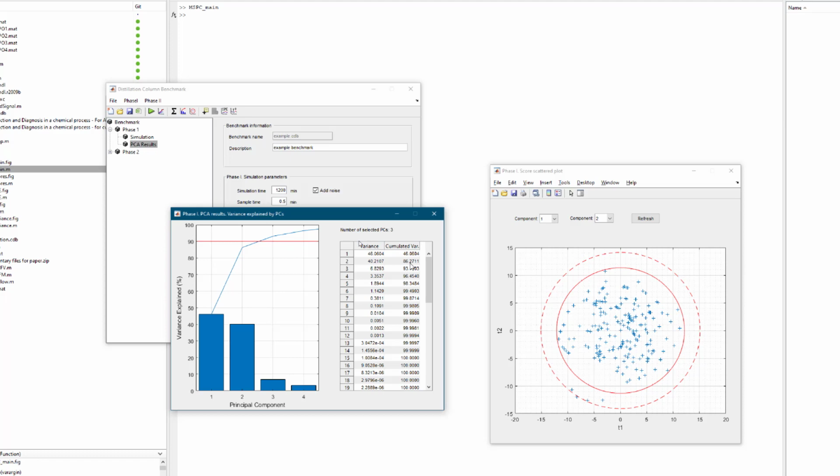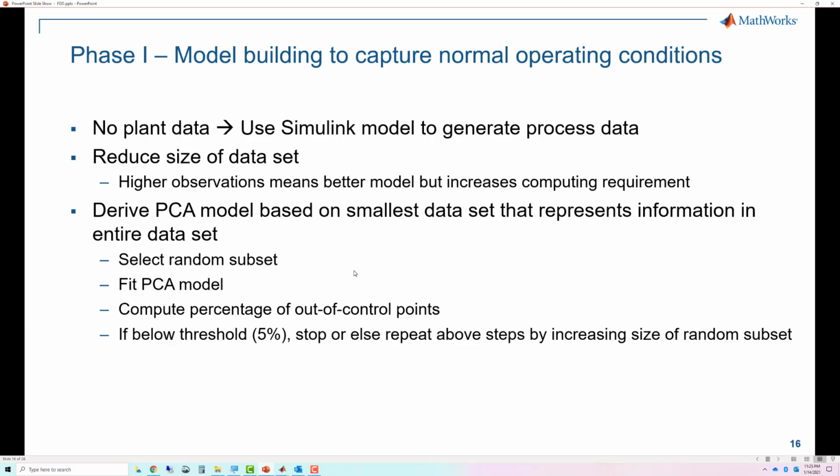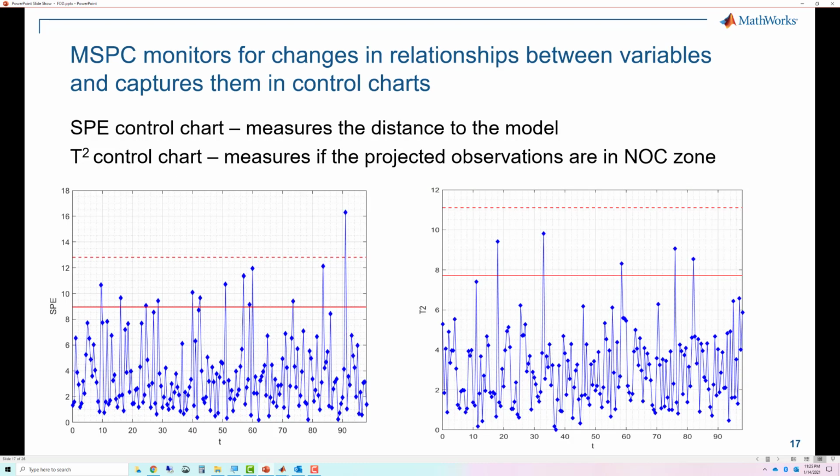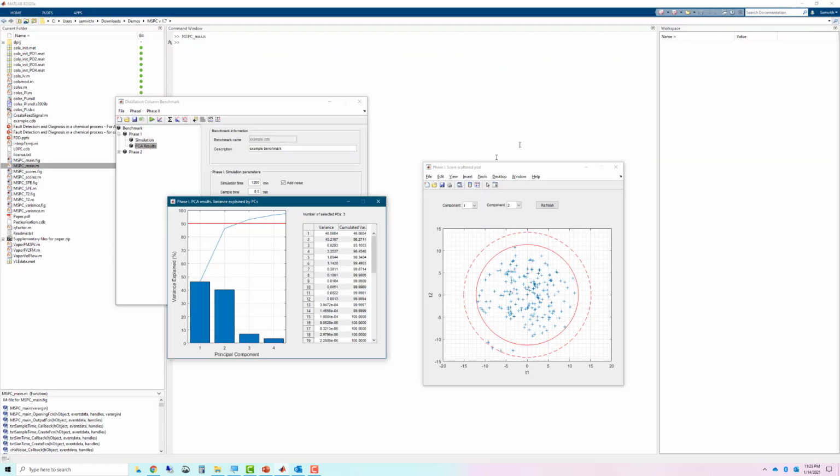Next, we need to compute the control limits. This is captured in the SPE chart and the Hotelling T-square chart. A little bit of background about these charts. The T-square statistic gives a measure of the distance of a sample from the process mean within the plane defined by principal components. The SPE number looks at the distance of an observation to the model. A high T-square statistic thus indicates that a sample is exhibiting an extreme variation, but well accounted for by the PCA model. Let us look at what that looks like for our model.